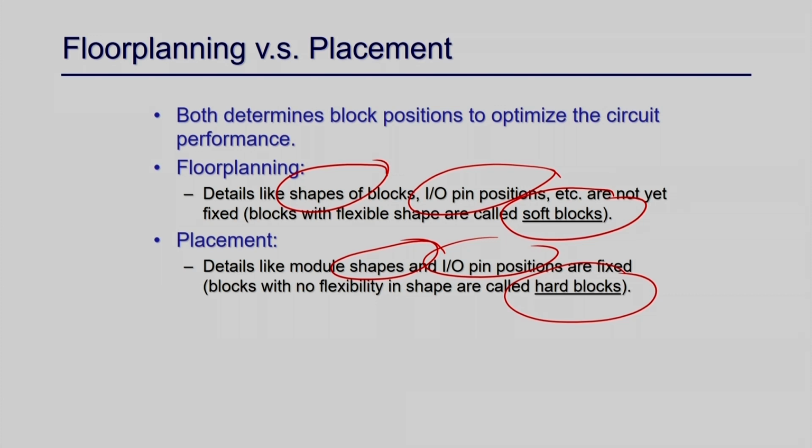So it may be that whatever position of the blocks floor planning generated may be the final one, but placement actually tries to see whether some other movement can be done without changing the aspect ratio. Finally it may accept the floor planning positions, or it may try to find a better placement of those blocks, right.